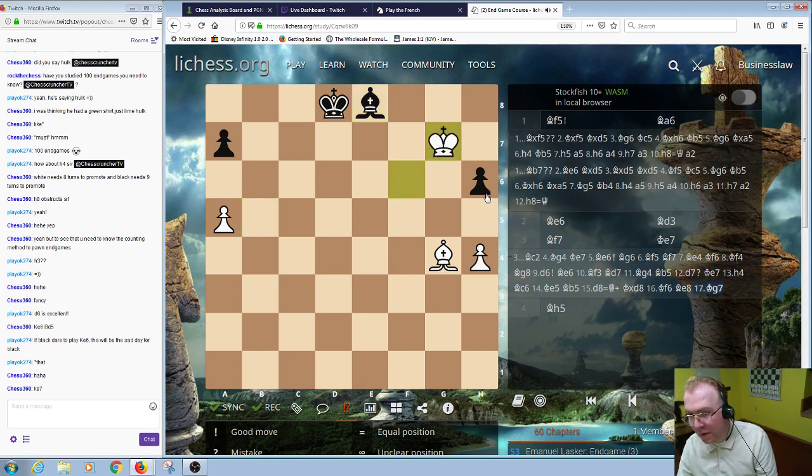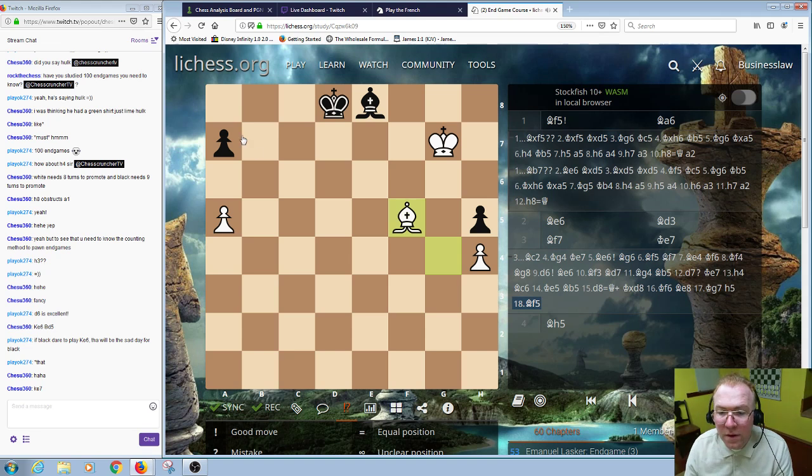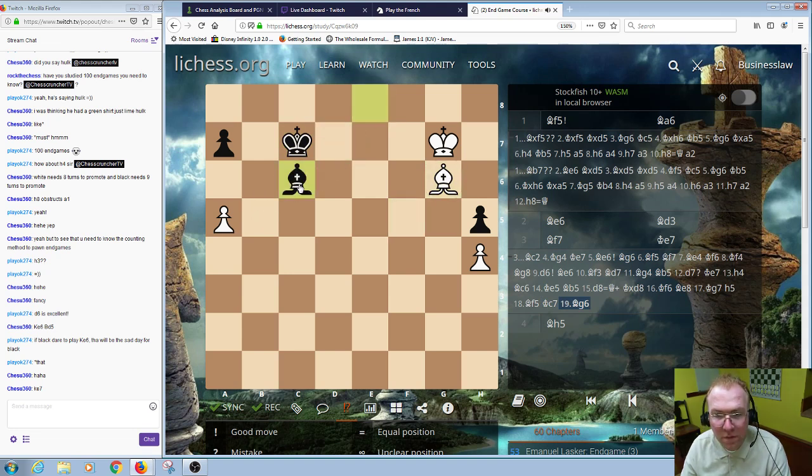G7, h5, f5, king c7, bishop g6, bishop c6, bishop takes h5, king h6, bishop g, bishop g6,